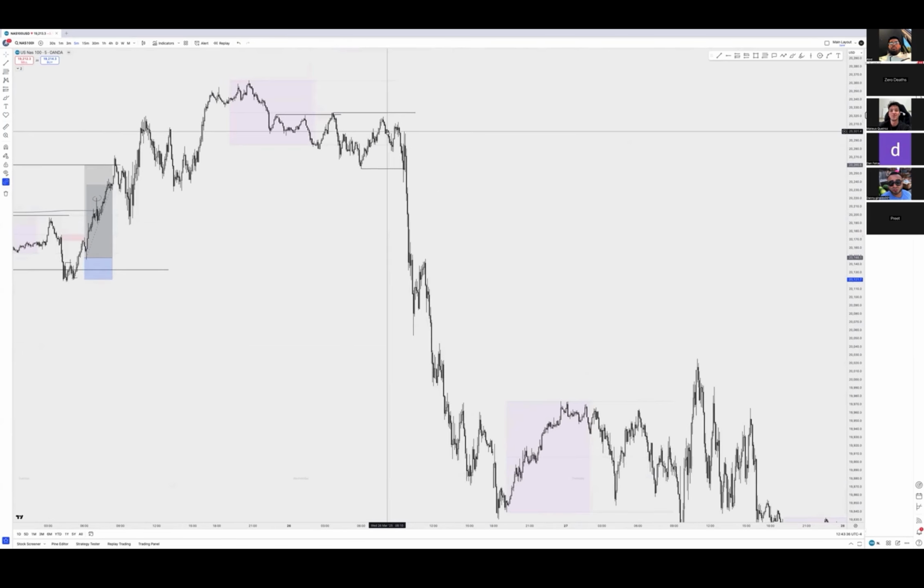Anyhow, Luke, how'd you take the trade? So I basically saw what you saw. So let me find the annotate. So I saw that it took out a main liquidity point here. And it was actually one that I posted in the group, and Marco basically said the same as you. It wasn't something that he would have taken either. So I had this plotted out to the left-hand side, and I know that it took a major liquidity point.